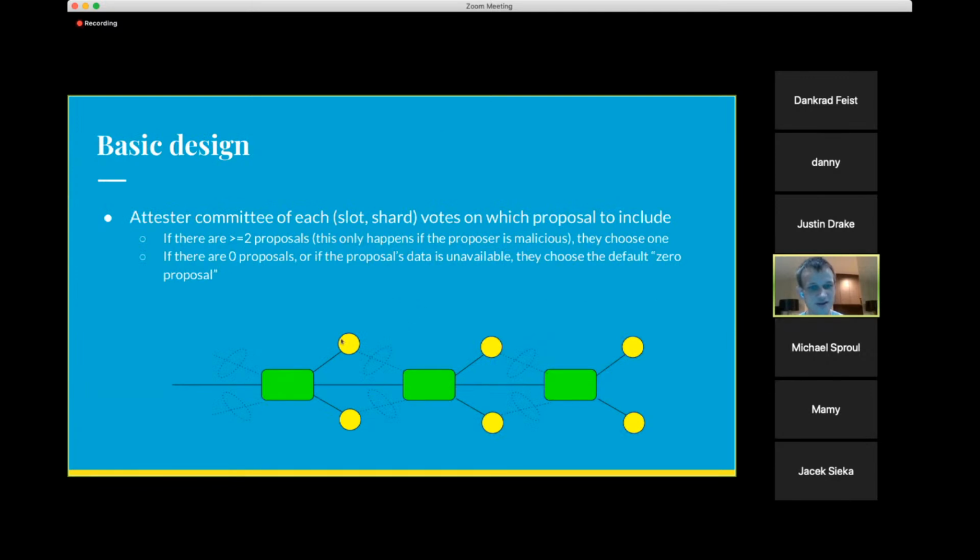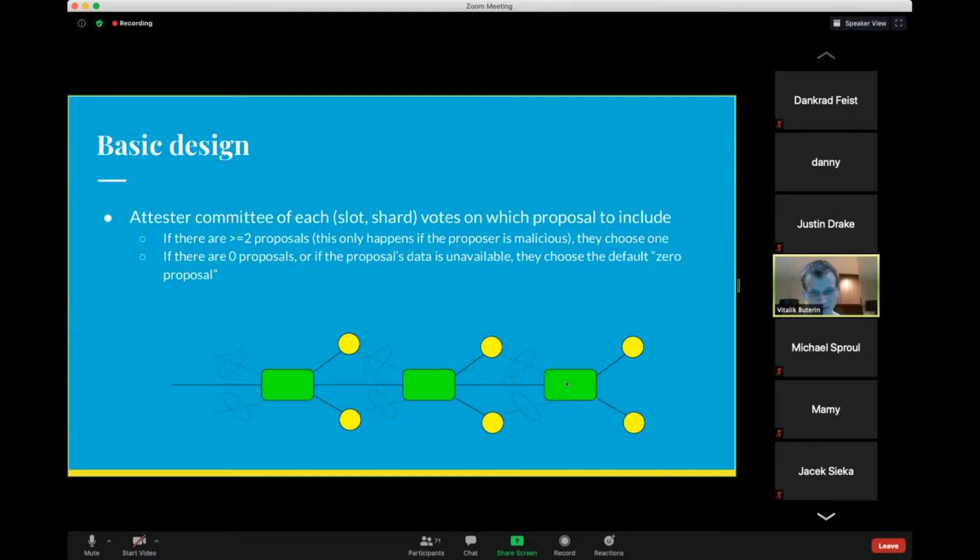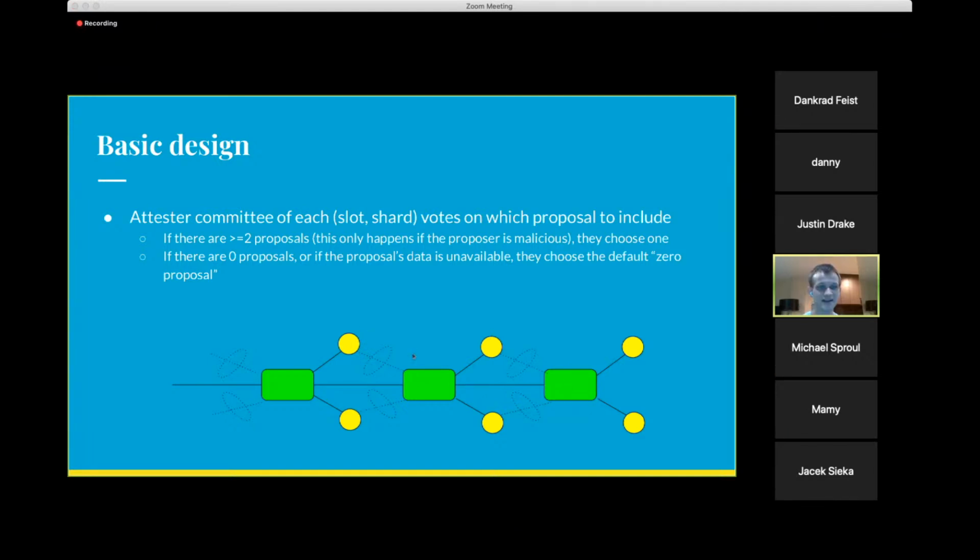So the shard block proposer makes a proposal, publishes the body on a subnet, and publishes the header on the global net. The header gets included into the next beacon block basically as soon as there's an honest proposer that hears about it. And the attester committee is voting on the fork choice rule, like LMD related stuff and FFG related stuff for the beacon chain, and on shard proposals simultaneously. So we're adding one more responsibility to what these attester committees